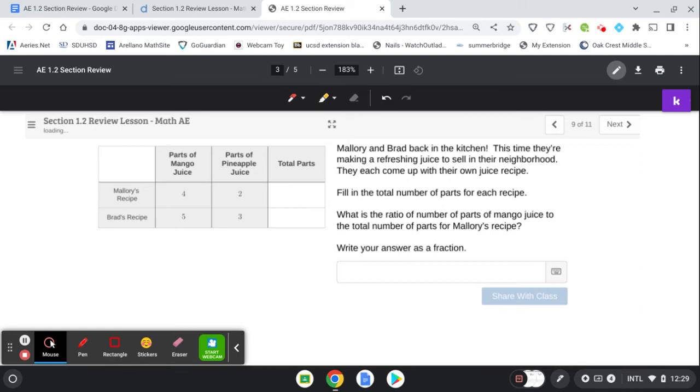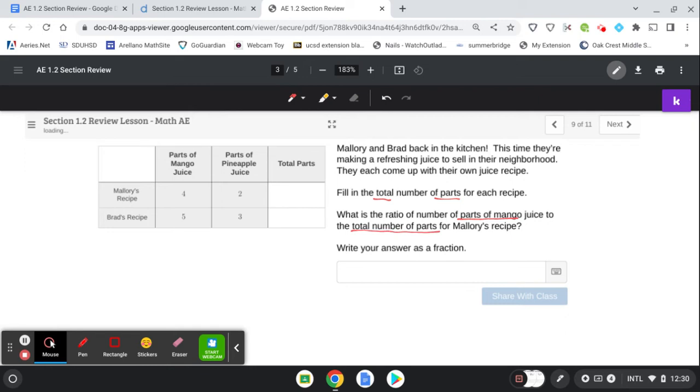Slide 9. You have parts of mango juice and parts of pineapple juice, and then you have Mallory's recipe and Brad's recipe, and they tell you how many parts of each juice they use. So Mallory and Brad are in the kitchen. This time they're making a refreshing juice to sell in their neighborhood. They each come up with their own juice recipe. Fill in the total number of parts for each recipe. Then what is the ratio of the number of parts of mango juice to the total number of parts for